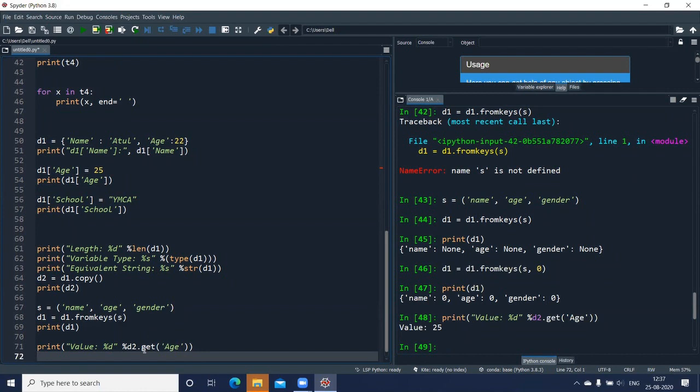The next function is has_key, with which we can also check whether we have a key. Let us use this here.